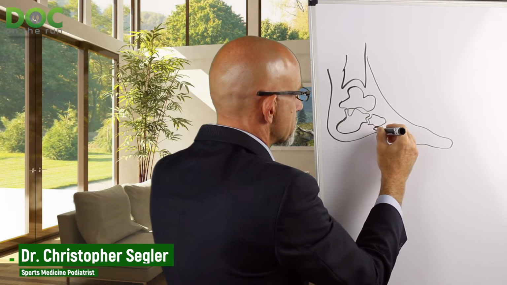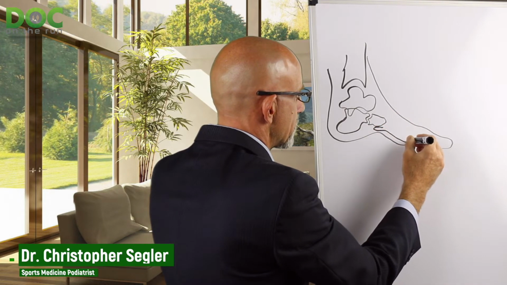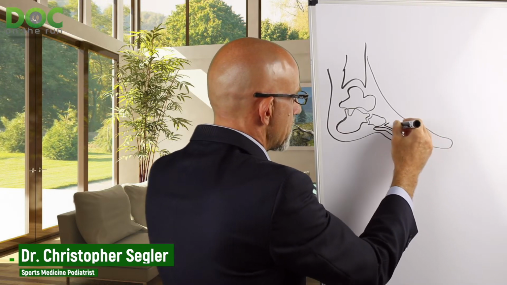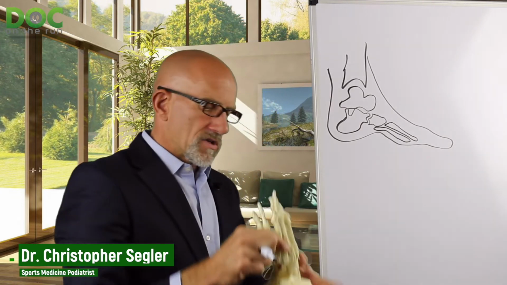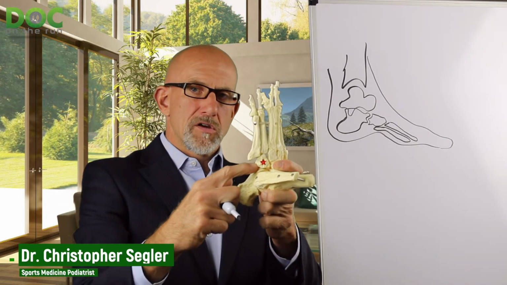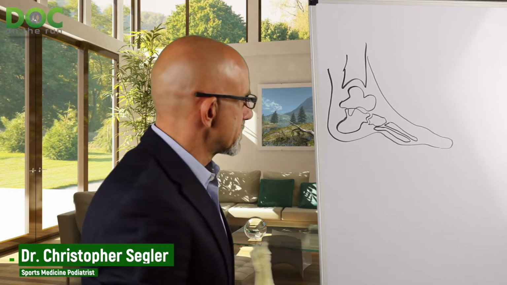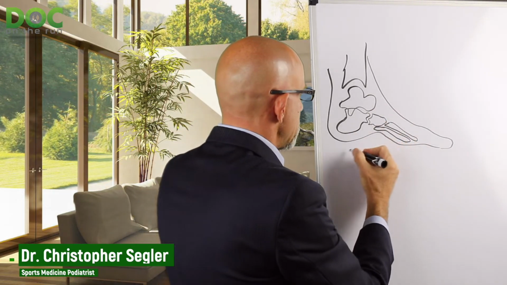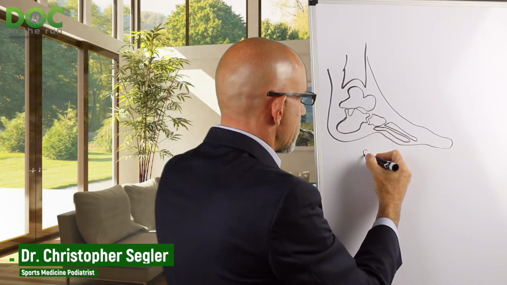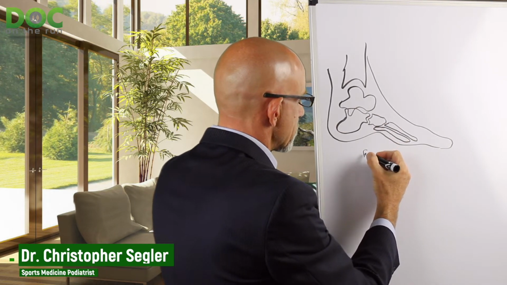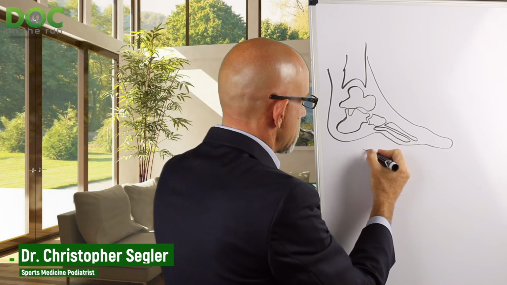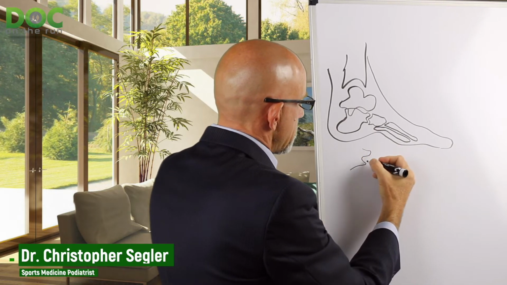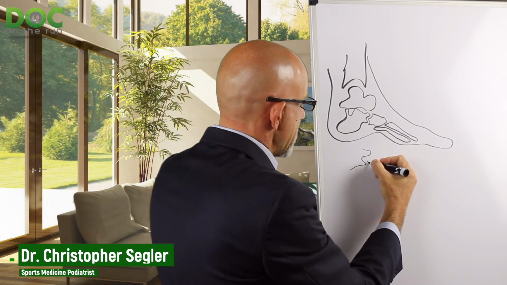The fifth metatarsal bone, the one that sticks out on the outside of your foot, sits over here. The fourth metatarsal bone sits right there. So again, we're talking about the heel bone, the cuboid, and the fourth and fifth metatarsal bones, with the cuboid sandwiched in between. A subluxed cuboid is where, if we're looking at that same joint surface, let's do it like this. And this is the cuboid. Well, if the cuboid drops down